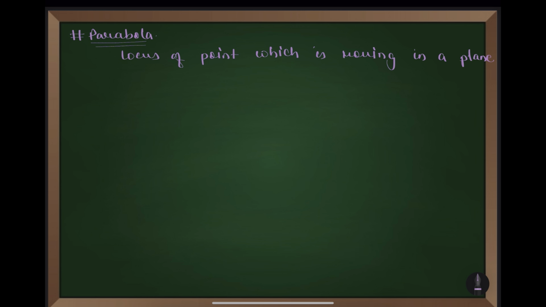Now we will start our lecture from the definition of parabola. Okay, now look at this. So what is the definition of parabola? So it is the locus of a point which is moving in a plane, okay, such that